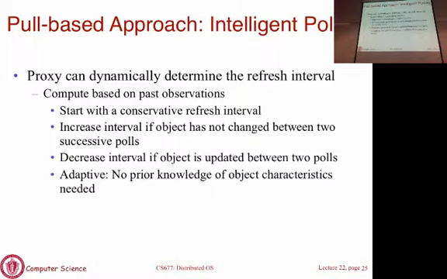And suppose the answer is no. You say, okay, I checked after 30 seconds, it didn't change. Next time I'm going to increase that value. Maybe I'll check after 45 seconds or a minute. You check again. If the answer is no, you further increase the polling interval. So keep extending it until you discover the rate at which the page changes, because at some point you are going to get an answer yes.